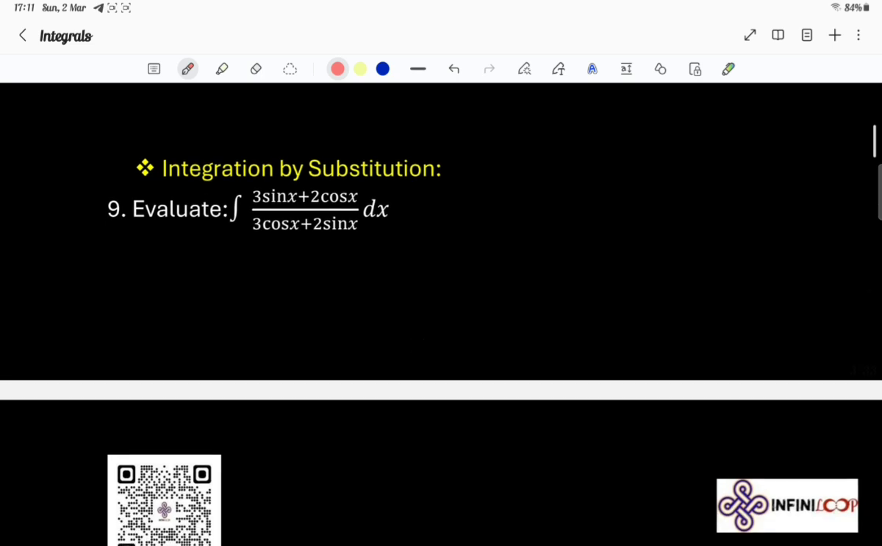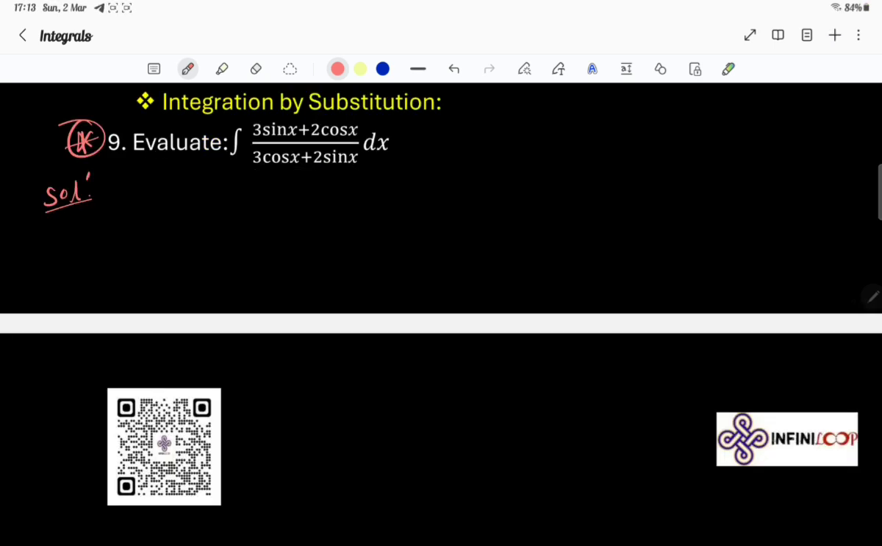সো ইন্টিগ্রেশন বাই সাবস্টিটিউশনের সাম ইম্পর্টেন্ট কোশ্চেন্স আর দেয়ার। সো ইন্টিগ্রেশন বাই সাবস্টিটিউশনে ফার্স্ট কোশ্চেনটা একটু স্পেশাল, এটা খুবই ইম্পর্টেন্ট।